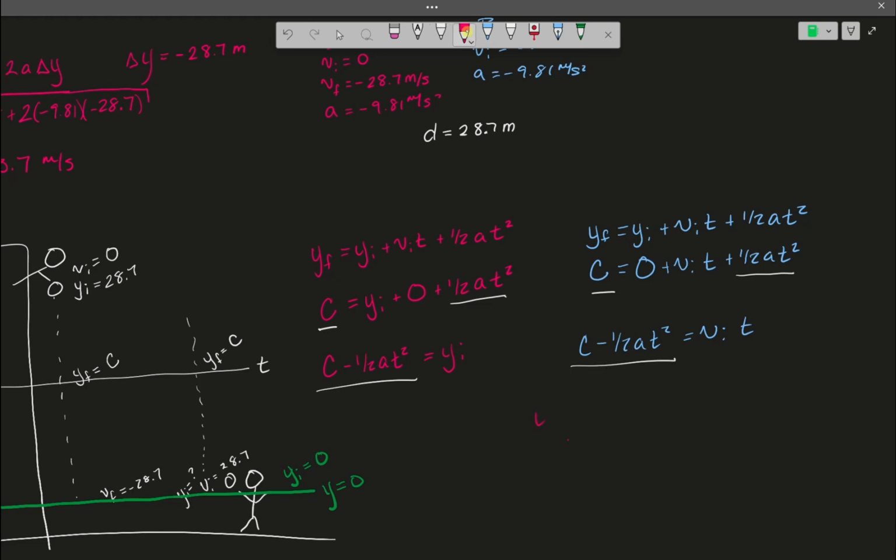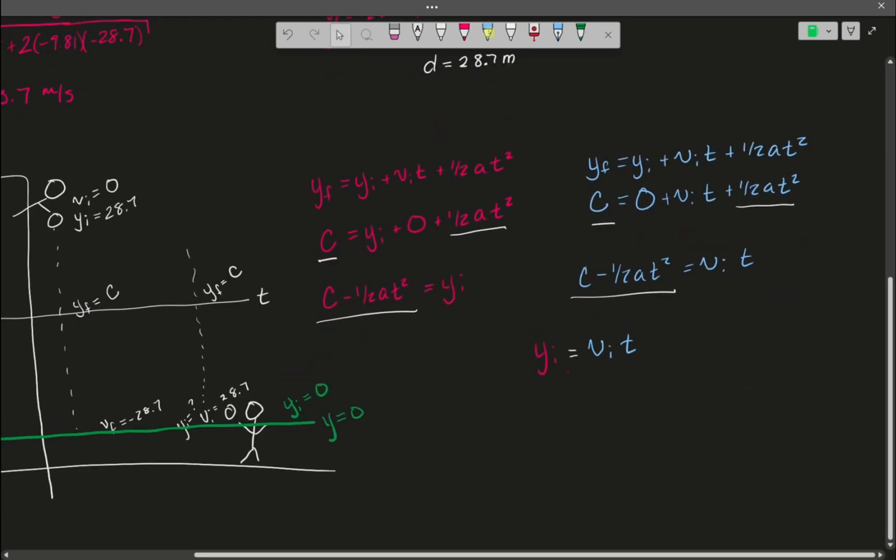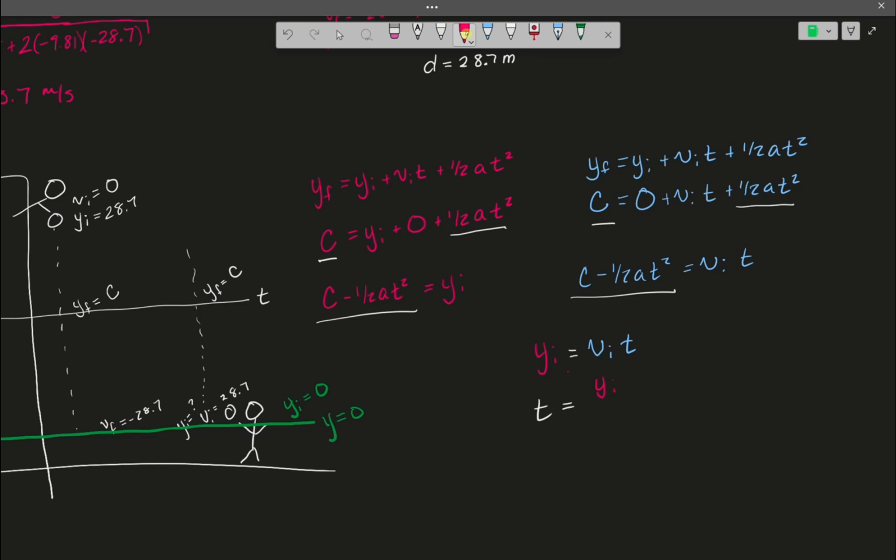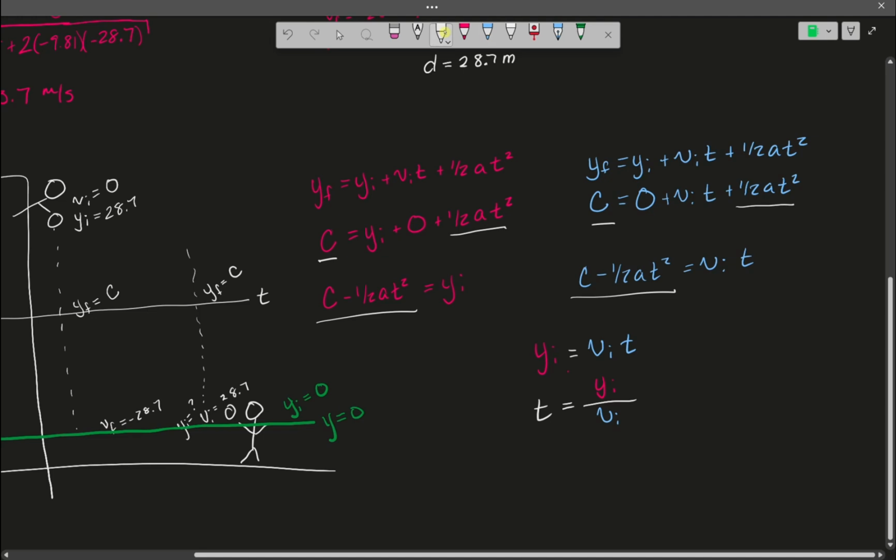This means that y initial is going to be equal to the initial velocity times time, and now my time for both of these is going to be equal to the initial position of ball A divided by the initial velocity of ball B. So I will have that time is equal to